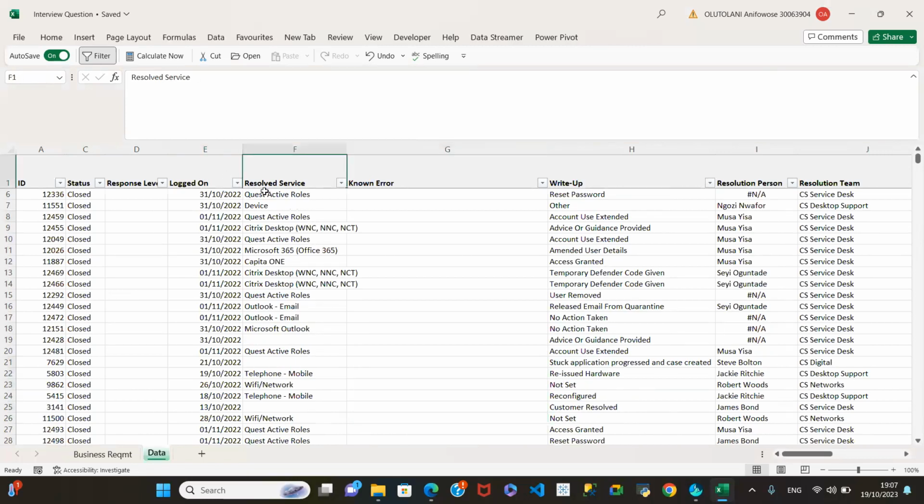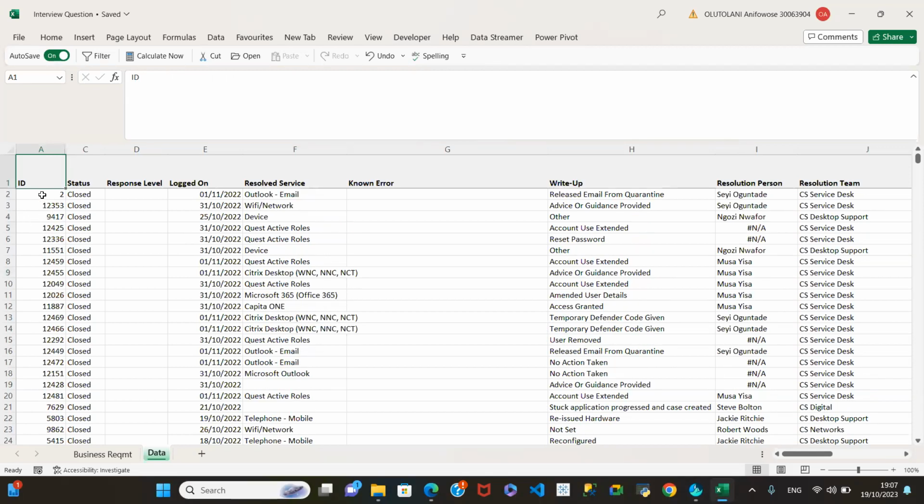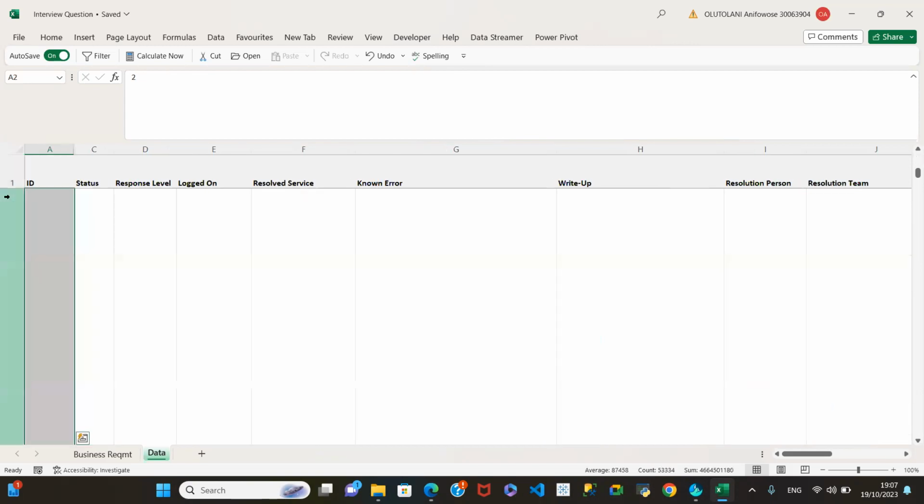All I've done was put a filter. It's not in table format, I just put a filter, so I've just clicked there to remove the filter. So it's just a range of columns and rows that we've got here. And if we go down to see how many rows it is,